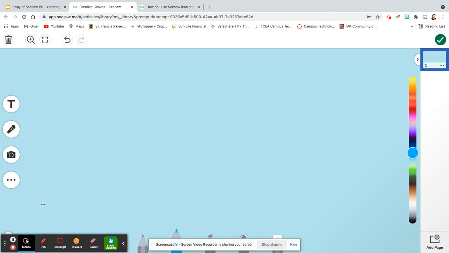Next, you might want to choose to add some pictures. So if you go to camera, which seems like a strange place to find this, but it's where it is, you can go upload, and you can upload things that maybe you've saved on your computer. The other thing you can do is open another tab,